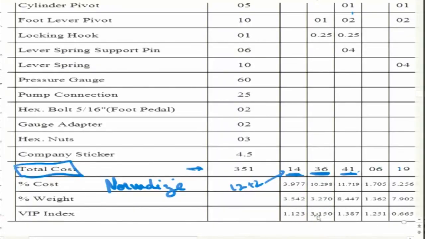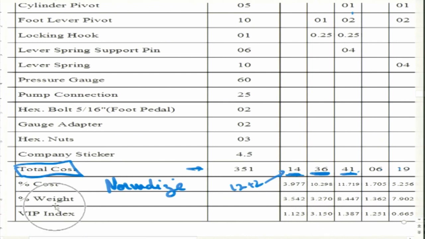an improvement potential, where there is a scope of improvement, and this value is a quantified scope, the level of scope. If the value is, for instance, for one of the functions here, provide location, there is a very high scope, the VIP is 3.150.